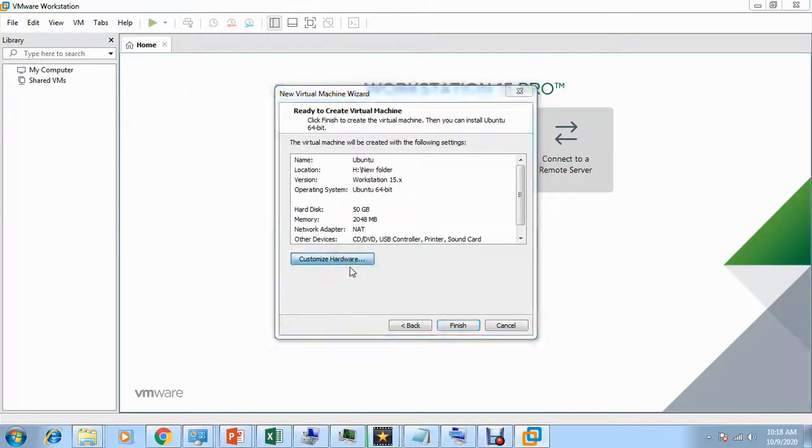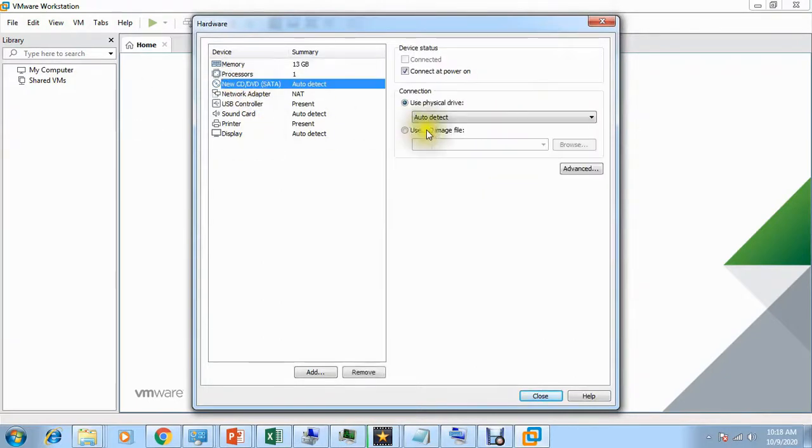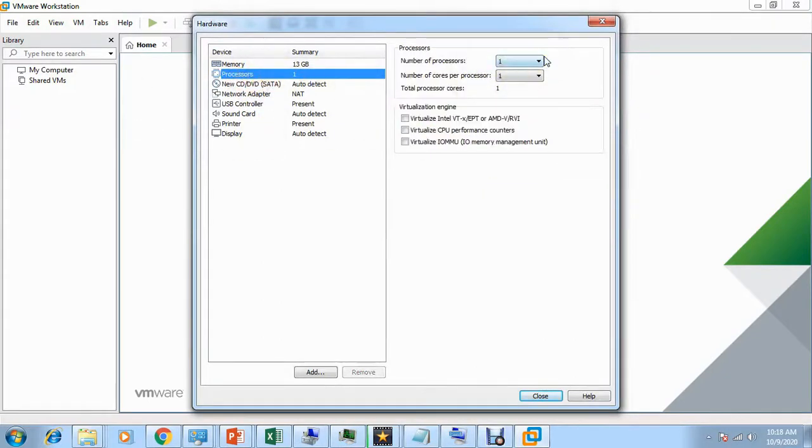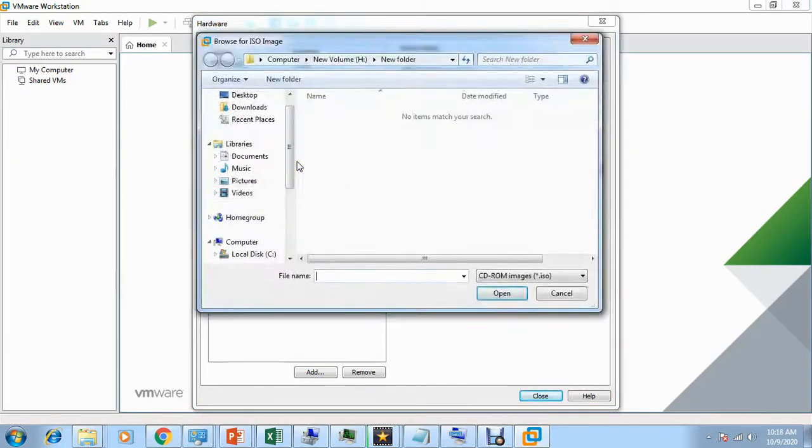I'm giving like 8 GB RAM, or let me give 13 GB RAM. I gave 13, more than 13. And even processor I can increase to 2 processors, because it should be installing faster. That is why I'm doing all those things. And just adding the ISO image,